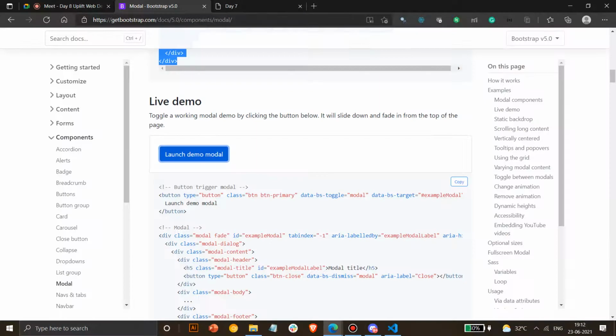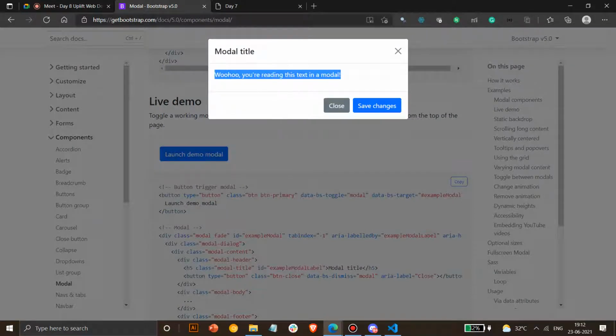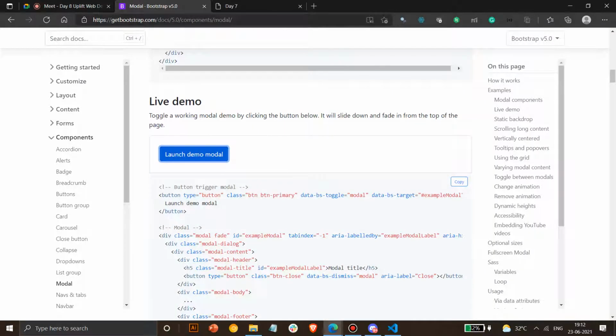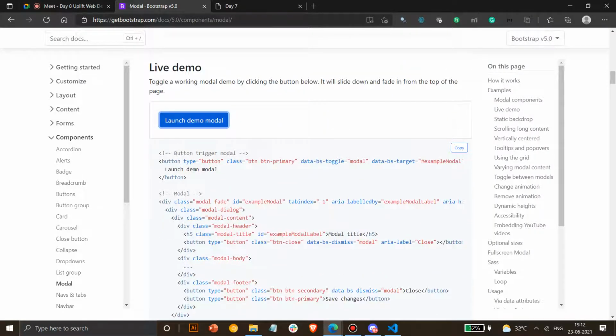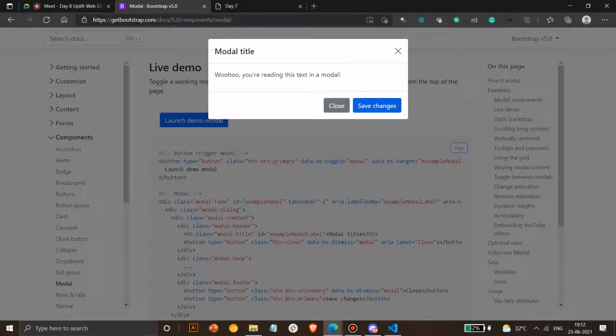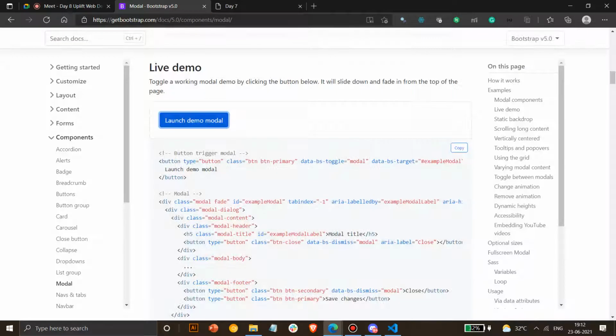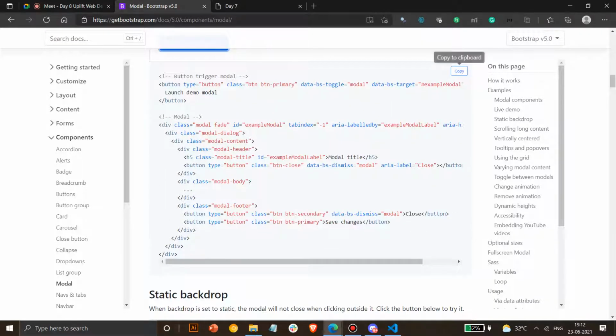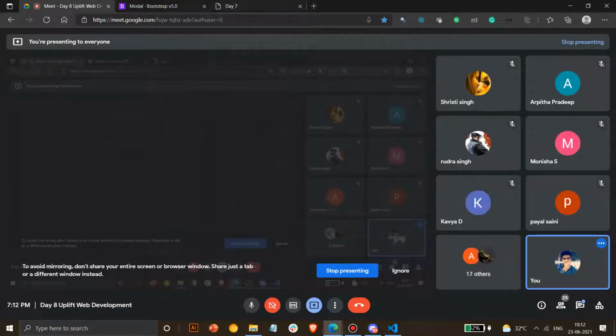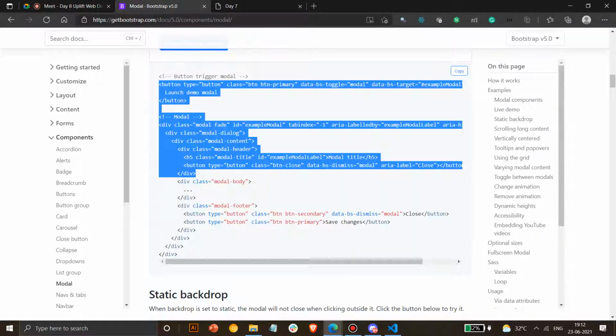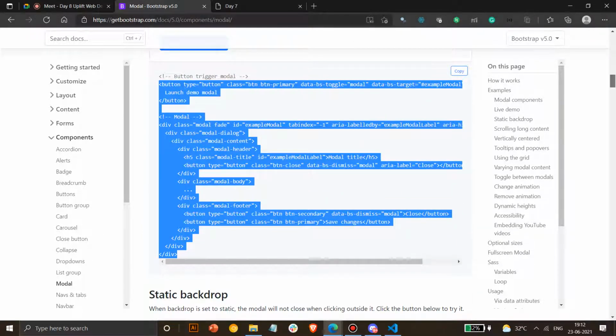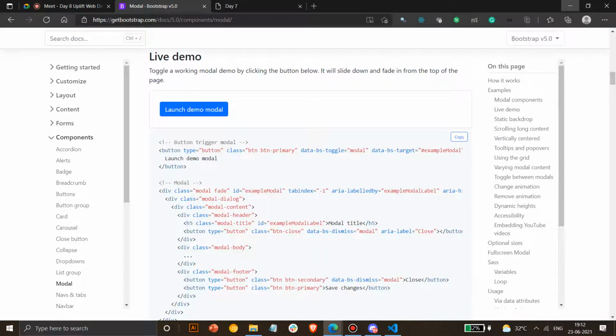This is basically a pop-up where you can add text, or you can ask if you want to save the change, or you can close. Whenever you make a change in a note-taking kind of application, you can give an option to save the change, or you can ask if you really want to save these changes that you have done, or you want to close it. So these are the two options. Otherwise you can close it from here too. This is how you can do it. You can just copy the link and paste it through this also. Any of that works.